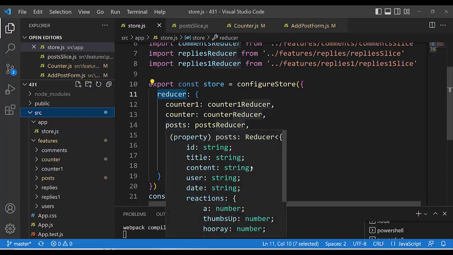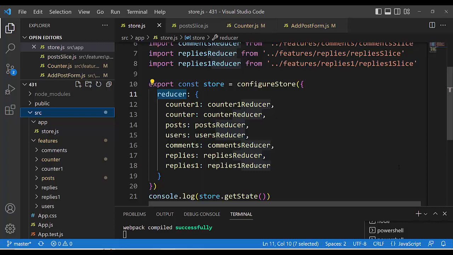In combine reducer we have seven reducers. It means that state has seven properties. Properties of state. It is interesting,